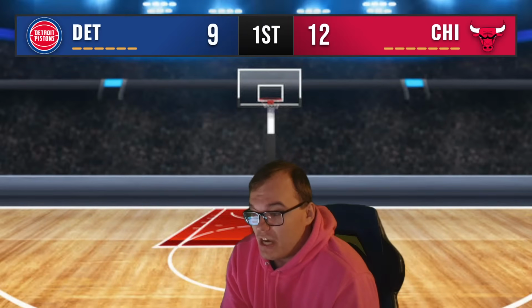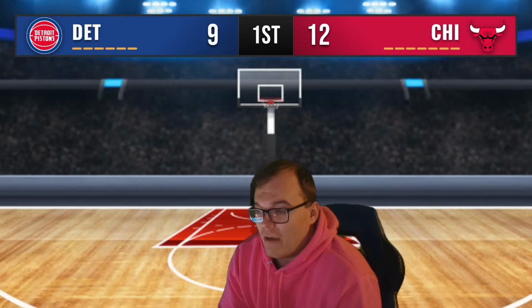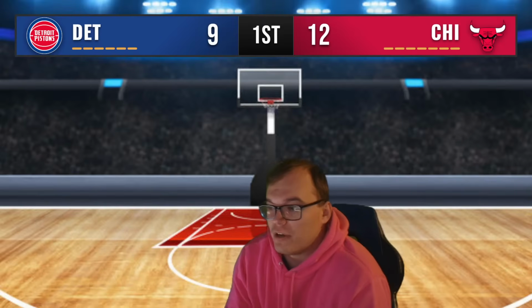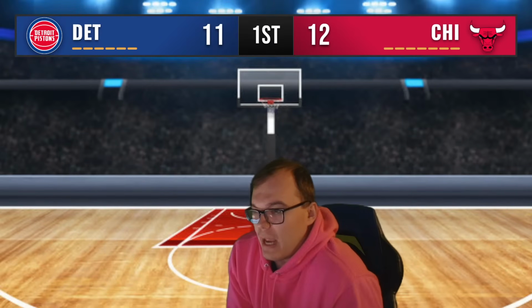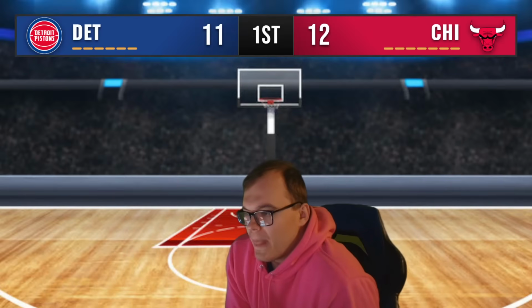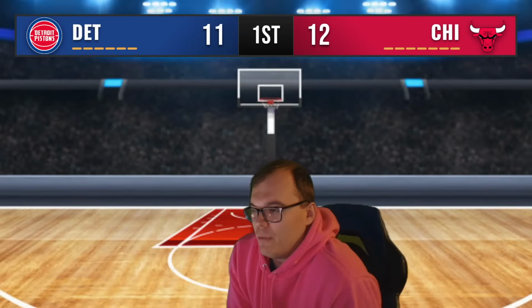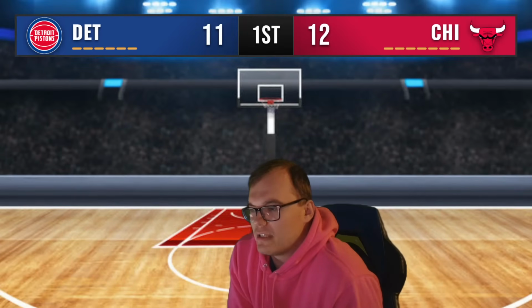So Tobias Harris gets the rebound off the Buzelis missed free throw. Ausar Thompson drives all the way coast to coast and puts it in. 11-12 basketball game. Pistons down by 1 here. Bulls with the basketball back the other way here. Puts up a shot off the mark. No good. Cade with the rebound. Upside here to Tobias Harris in transition. Try to throw it up to Ausar Thompson for the lob.